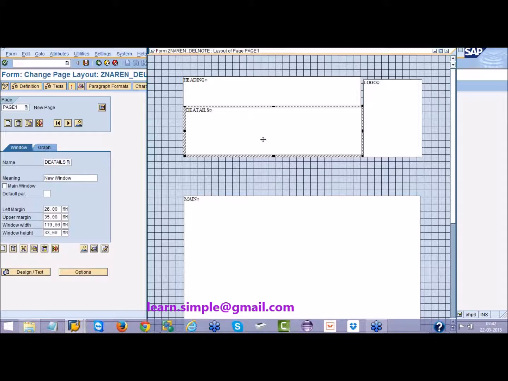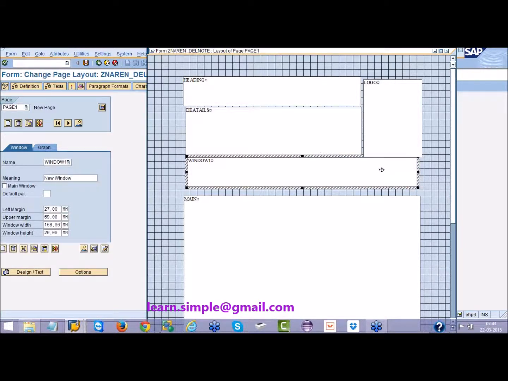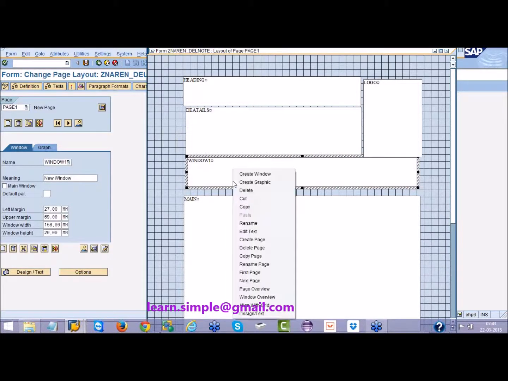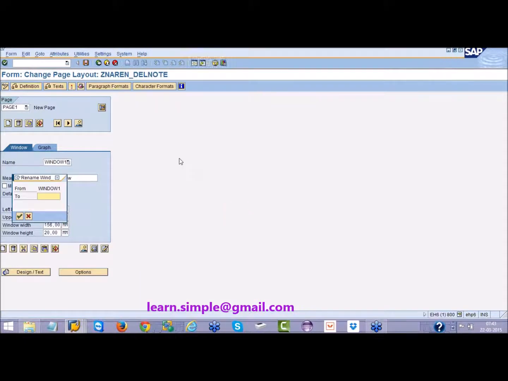So all such details I'll put here. The next window is column headings. I'm putting one more window here for column headings. I'll tell you why this is. I'll rename this call head,